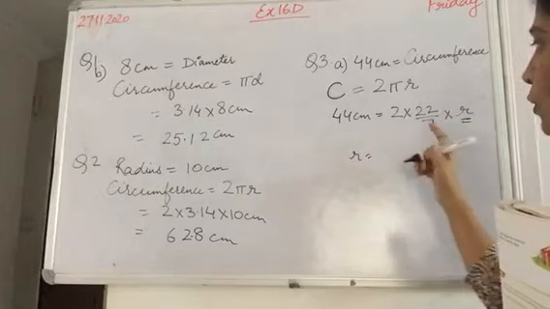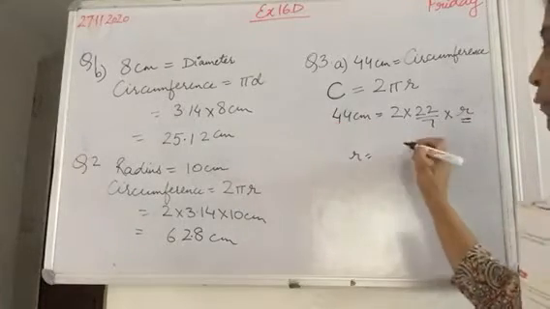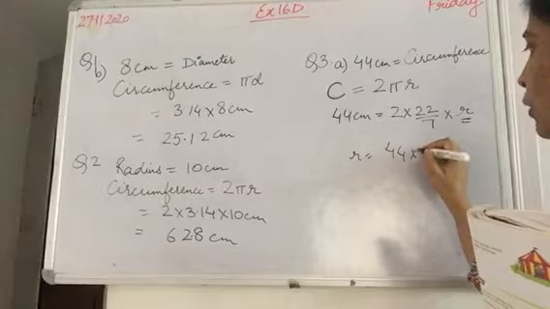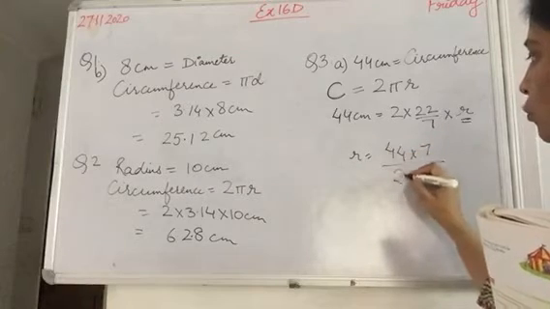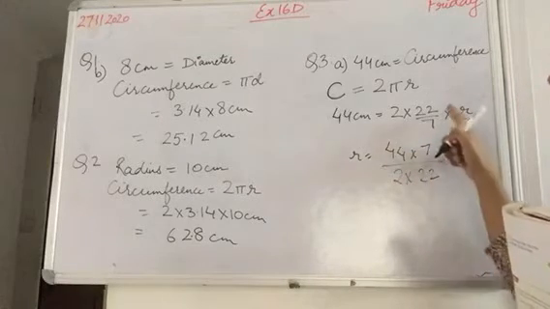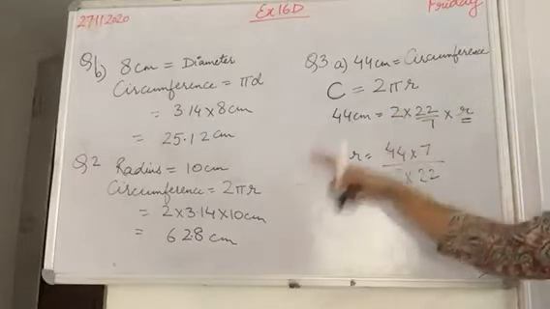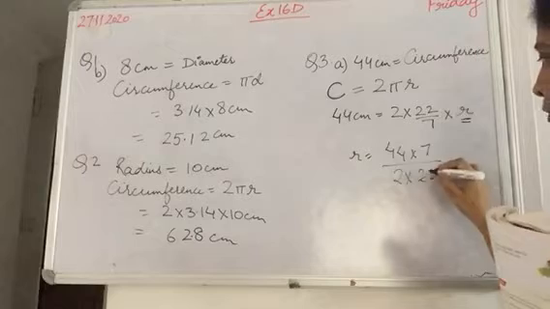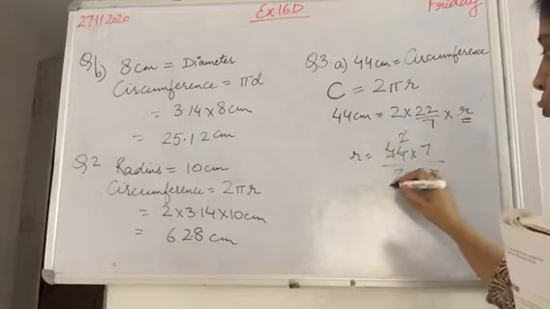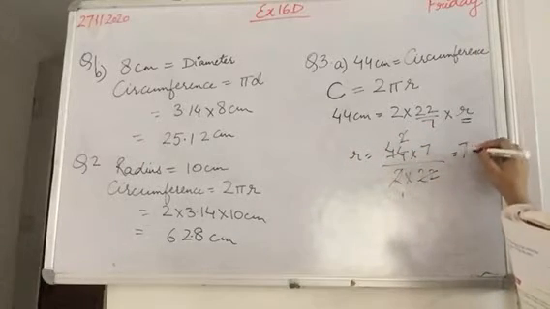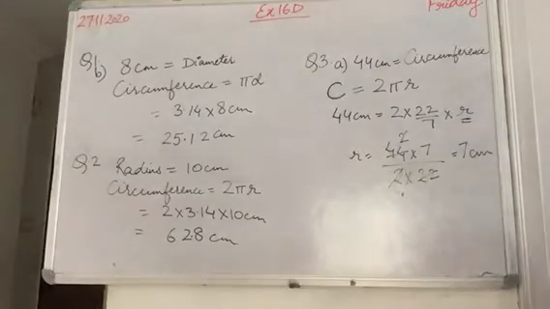So radius equal to, this 7 will be multiplied by 44. 44 into 7 upon 2 into 22. And these 2 into 22 is multiplied with the variable. Send it to that side, it will be divided. So 2 times 2 and 2 cancel. So it is 7 centimeter. So radius will be given as 7.